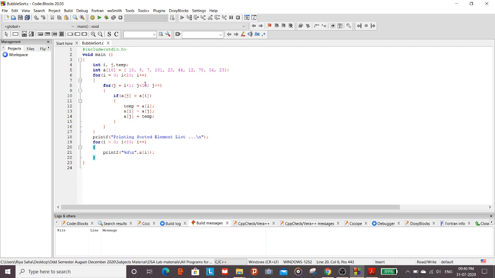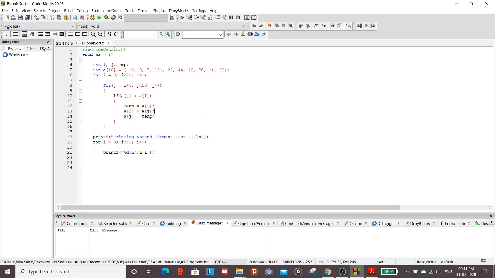Next, control comes here. The if condition has to be checked: if a of j is greater than a of i, then one temporary variable is needed. a of i is assigned to this temporary variable, a of j is assigned to a of i, and the temporary variable is assigned to a of j.